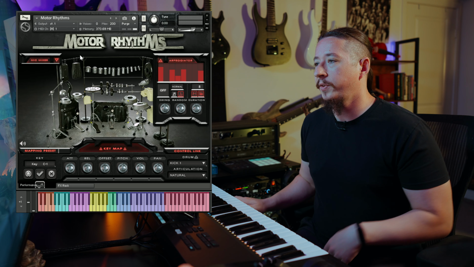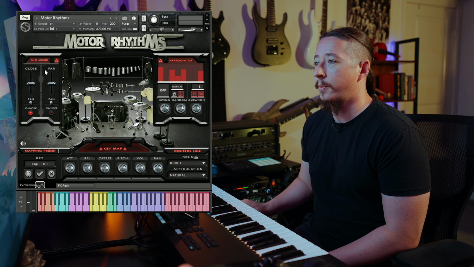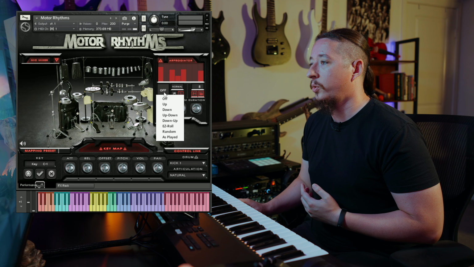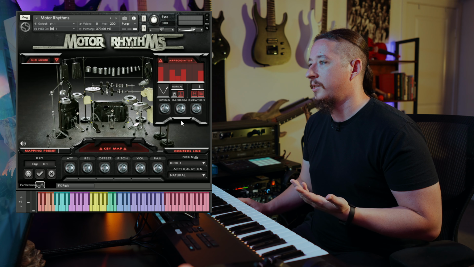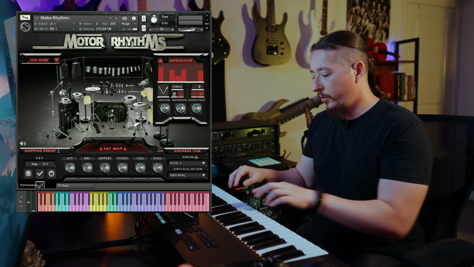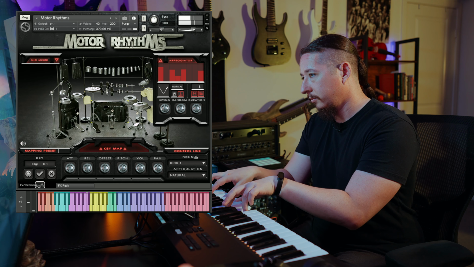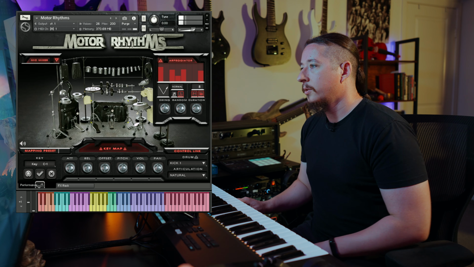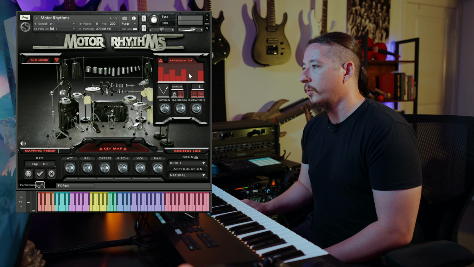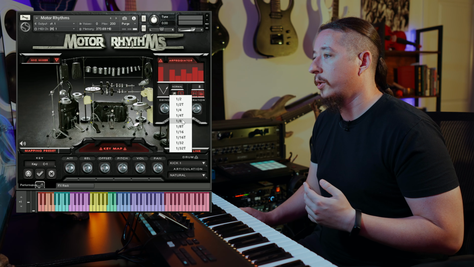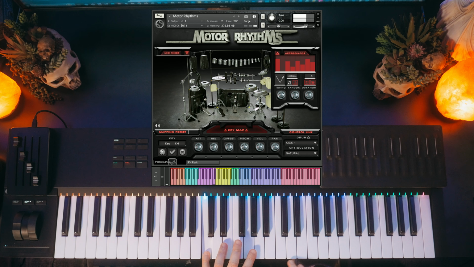There's also some really cool features in this library. So if you click over here, there's a mixer, which has a close and far mic. And then you also have an arpeggiator. So if you want to play around with this, let's just set it to down and up and just let the arpeggiator do the work. So you can play around with the graph here if you want to modify it a little bit, or you can also play around with the note values. So if you want to make it a little bit slower,